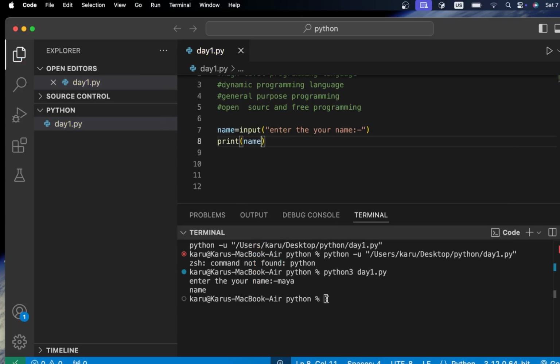Okay, sorry, I went back and did it again. Maya, you can see here I just print this name variable within this print function.